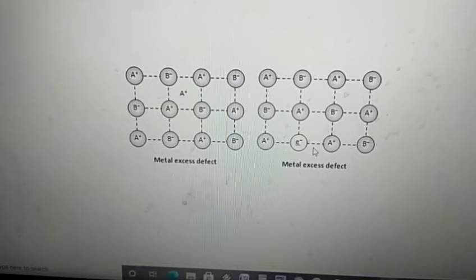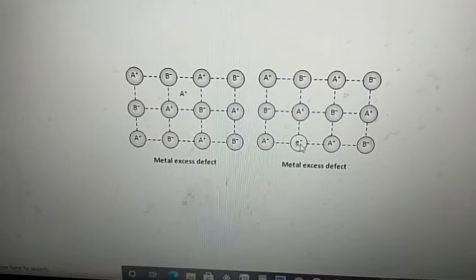The color occurs due to the excitation of these electrons when they absorb energy from the visible light falling on the crystals. Similarly, excess lithium makes lithium chloride pink, and excess potassium makes potassium chloride crystals violet. In all these cases, visible light falls on the crystals, the electrons get excited, and these excited electrons impart a color to the particular crystals.